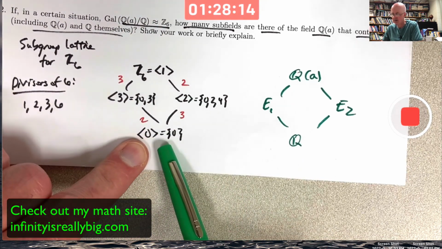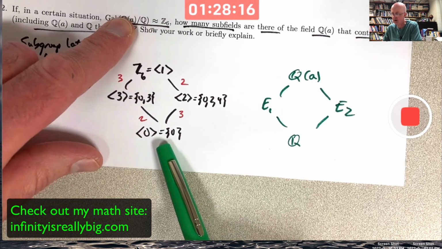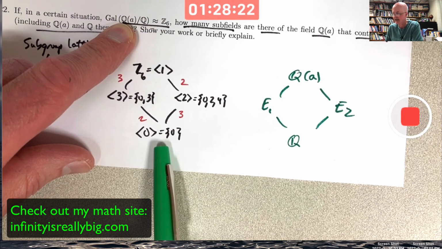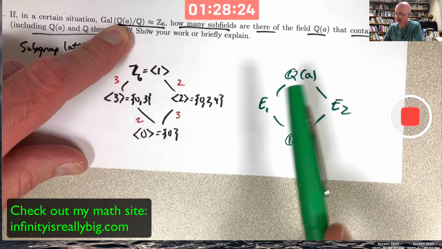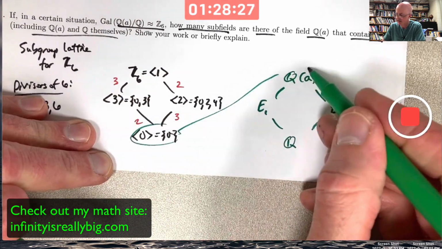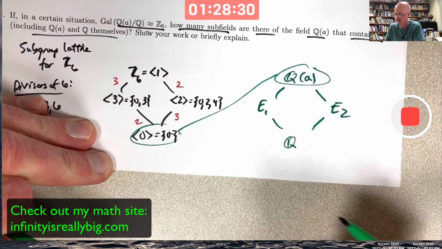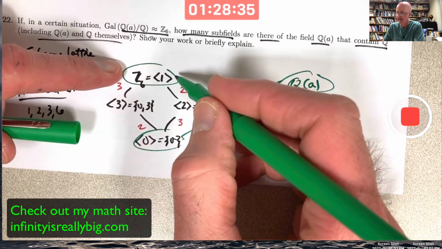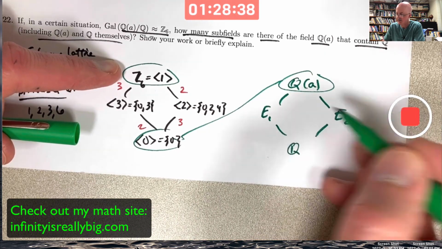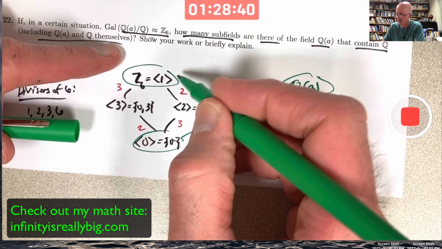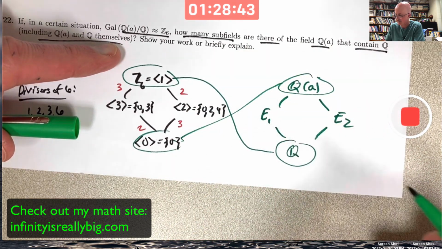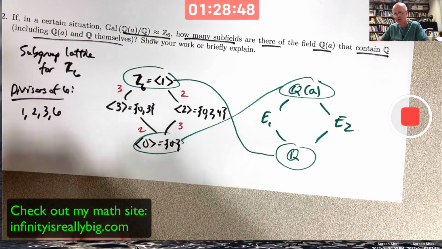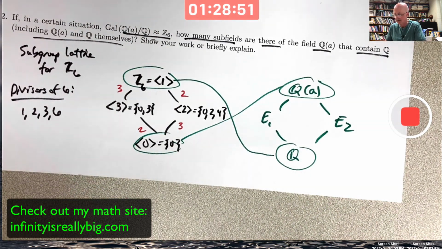And for example, the trivial one would just be epsilon in the Galois group. The fixed field of that trivial subgroup, just epsilon, is all of Q of A. So effectively, this gets matched with the bigger field as far as the fixed field. The highest one, all of the Galois group, fixes only Q itself. So effectively, the big group up here, the entire Galois group, goes with the bottom fixed field. So that's why I'm saying the diagram really gets inverted, but because it's such a simple diagram, it doesn't seem like it's inverted. And these middle things,